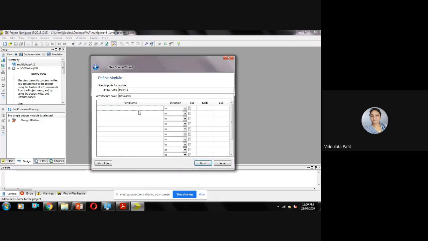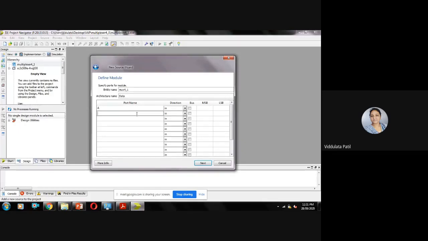Then next, let us write an entity here, or you can directly skip this and go to the actual source window and write there. But let us do it here. I'll give the architecture name, that is data.